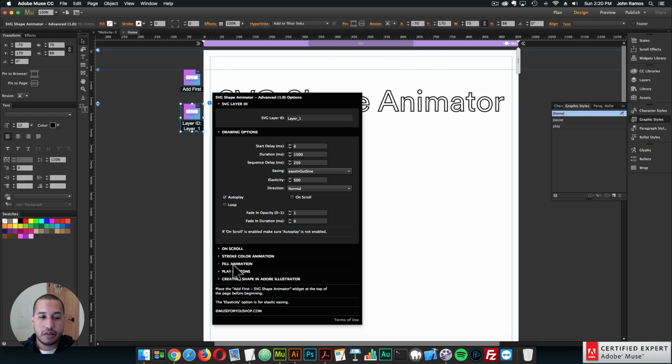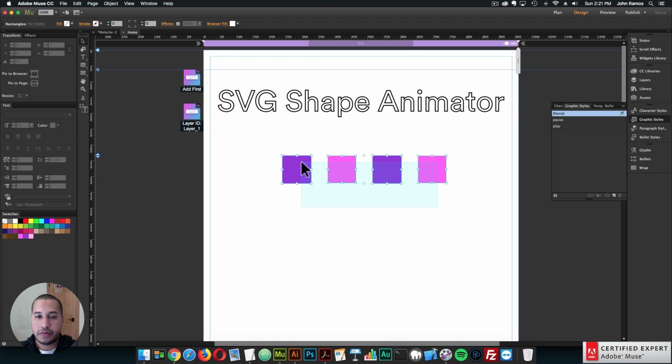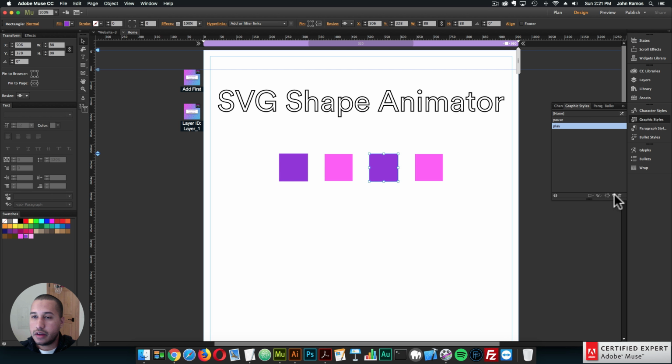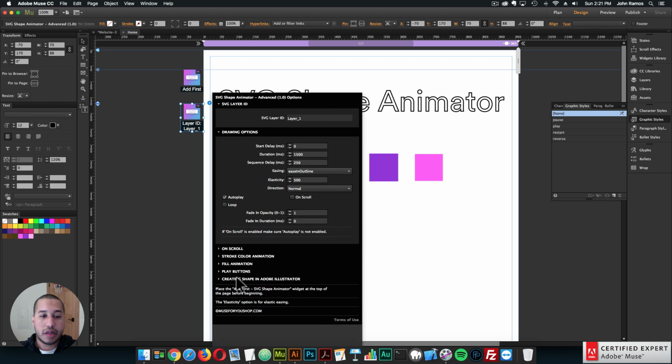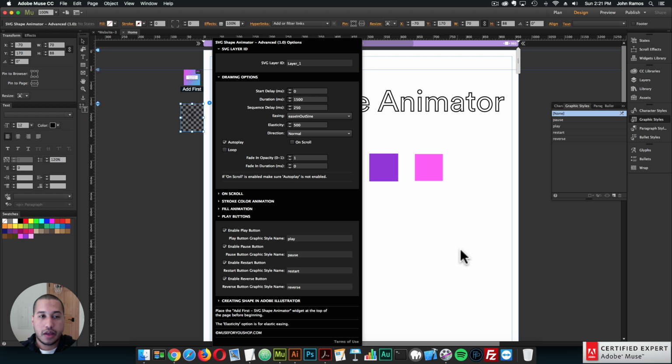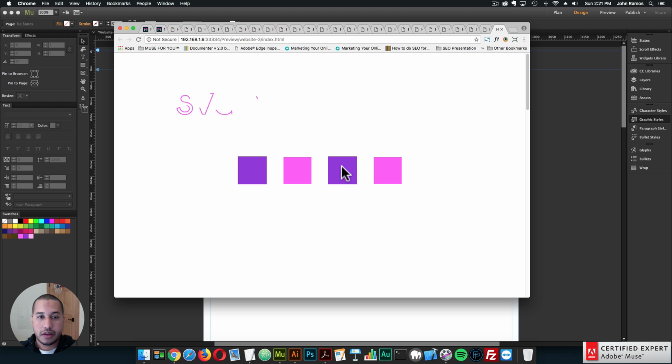I'll add the restart and reverse buttons as well, just so we can have all the buttons there. I'll change the graphic style name for this one to restart and this one to reverse. Then I'll enable the play buttons right in here, and that's it. So I'll go ahead and preview. I can pause it, restart, reverse, restart, reverse, play. Looks good. Pause, play, restart,